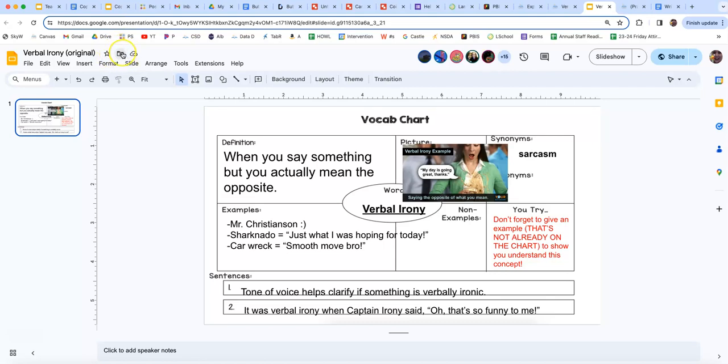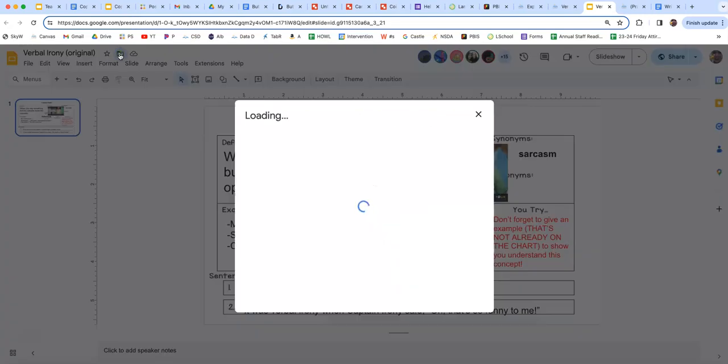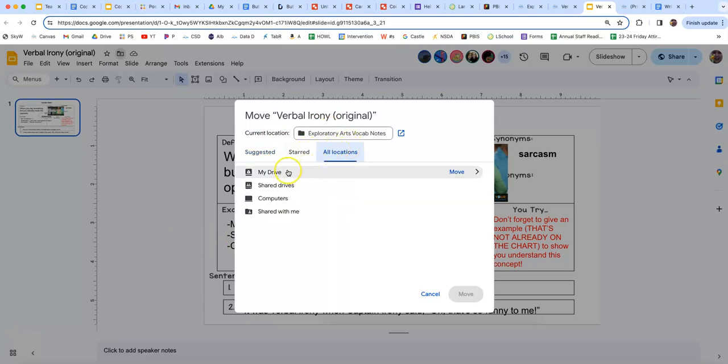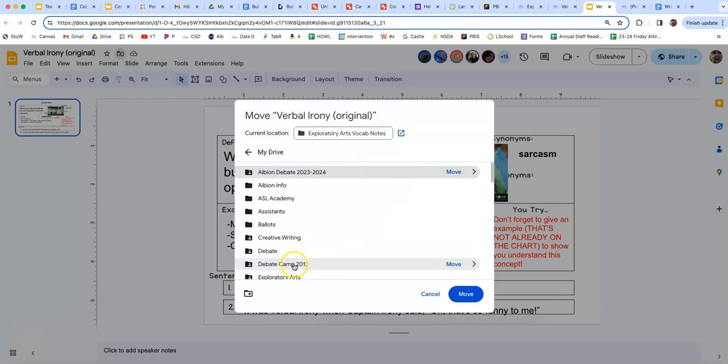If I were you, I would move it into a folder in your drive just so that it's organized right from the get-go. If you don't organize it from the get-go, you'll end up having a bunch of these. So if you click All Locations and then click My Drive, you could create a new folder, which is this button down here.